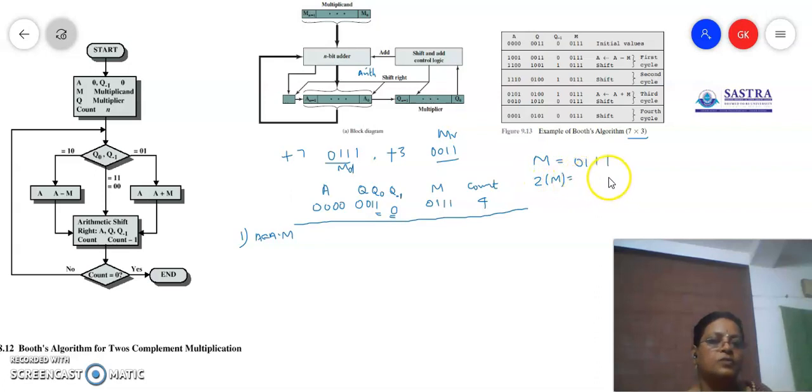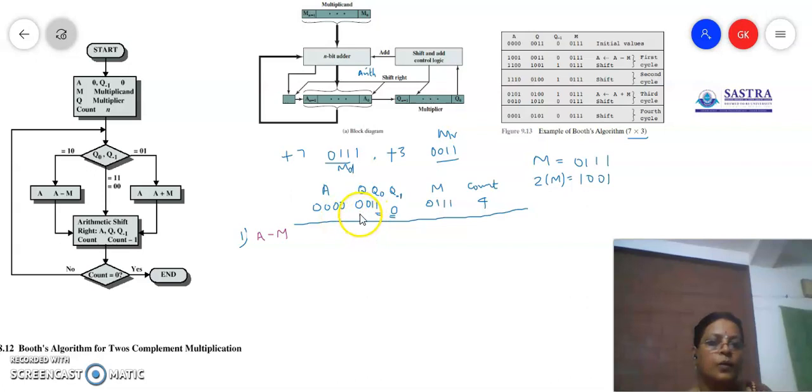So what is 2's complement of M? 1 0 0 1. Now when they ask you to do the subtraction, of course I will write it clearly. Here I am just going to do only subtraction. So A minus M, of course, is going to be stored in this. So we have to do the subtraction. We will write M, meaning 2's complement of M, and then add it.